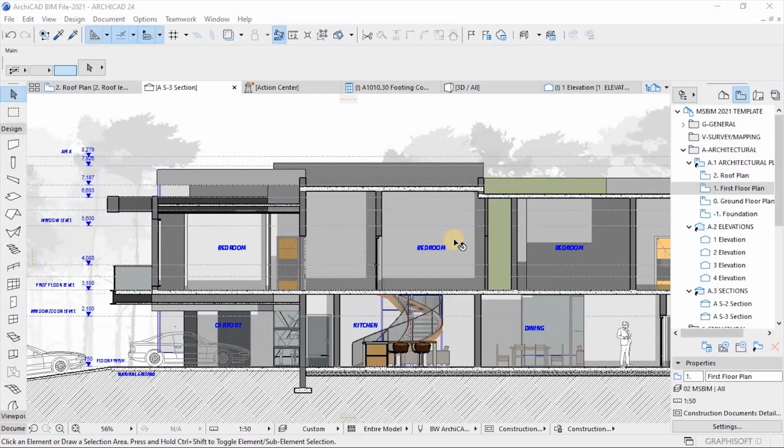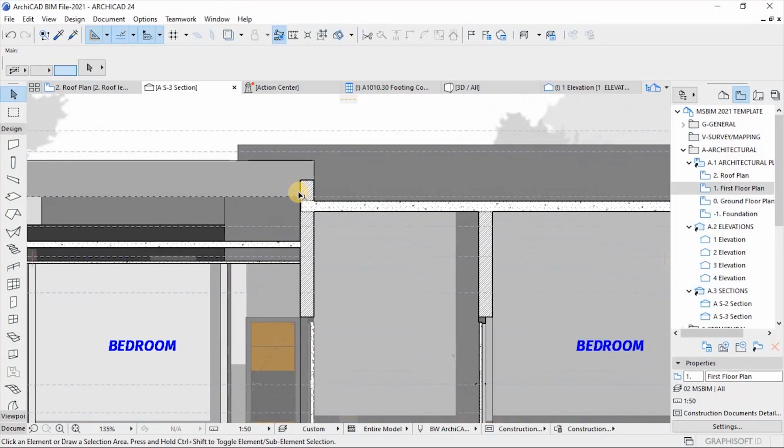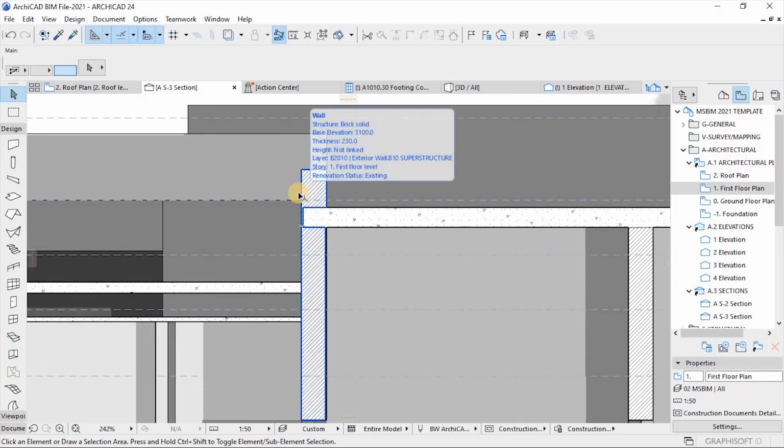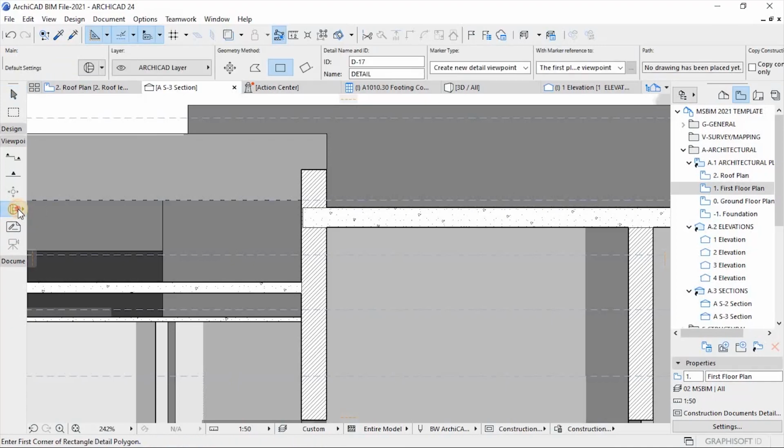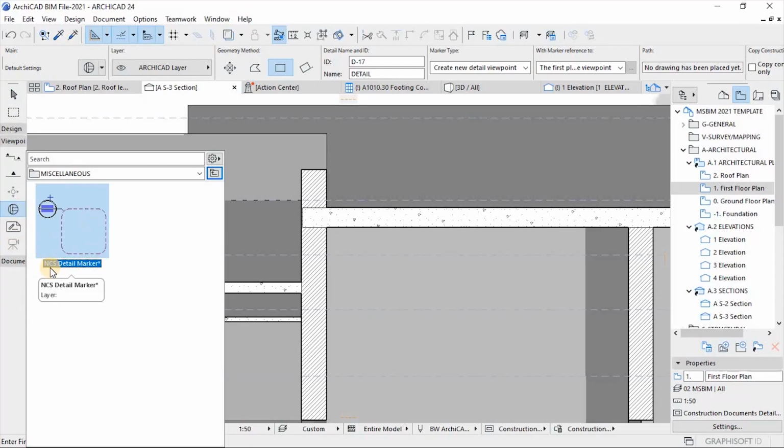The area that we're going to focus on here, to put in detail, is the roof part. So the first thing that we need to do is to place a callout of the detail that we're going to focus on. To do so, let's go to the viewpoints and then activate the detail tool. You can check on the list of the favorites there, and I'll use this